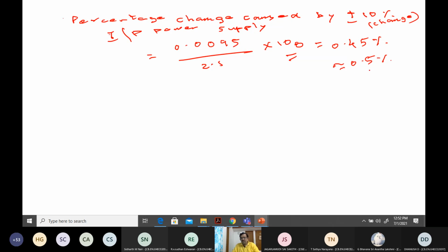Okay, so if my device permits more than 2% variation, or 5% variation, the way I have designed this regulator using the forward voltage drop across the diode is okay, right? Provided there is only variation in the input power supply.